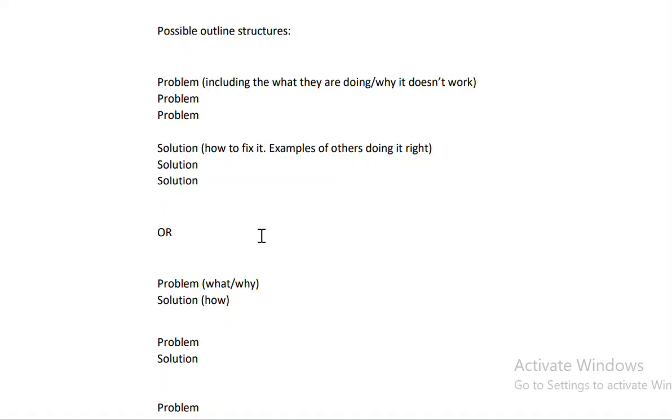And then when you give them the solutions, since you are a researcher and a writer and an academic, the solutions are also supported with research. You can't be like, I don't know, I just feel like you need to do something here. Or you can take my word for it as a UCCS student or as a consultant. Like, in the real world, you may have enough professional experience that you can use yourself as expert testimony,